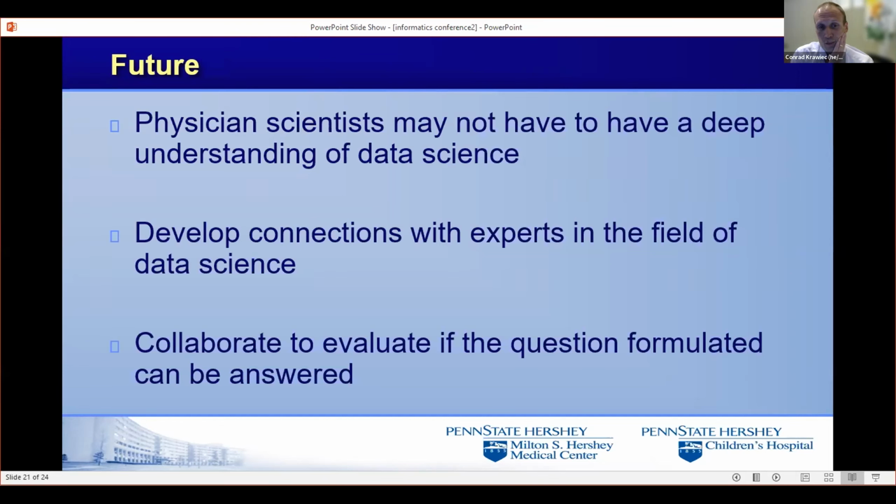So, the future. Physician scientists may not have a deep understanding of how to approach data science, so we must develop connections with experts in this field. We need to collaborate with these experts to evaluate if the questions formulated can be answered. While it was fun to code and fun to self-teach